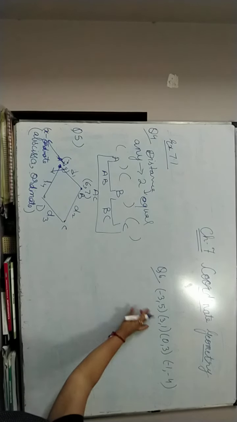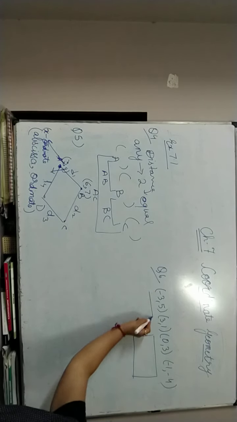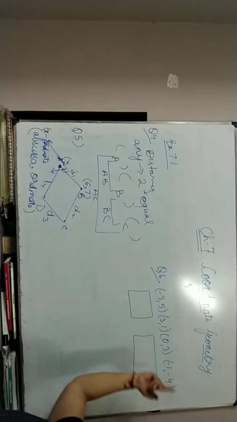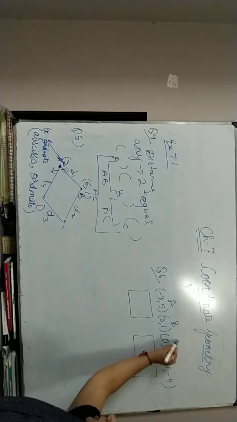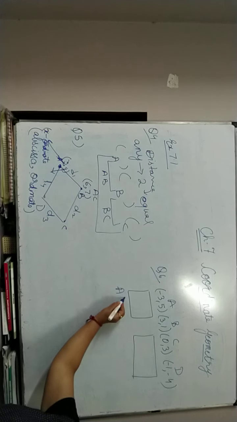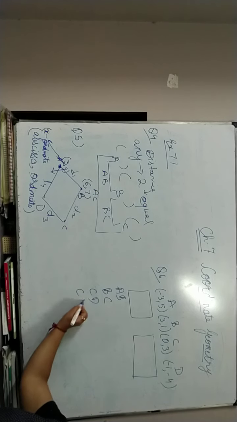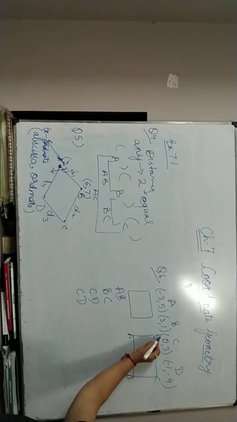It may be a rectangle, a square, a parallelogram, or a rhombus. But how to calculate this? Firstly you will name these points. Then you will calculate the distances AB, BC, CD, DA and 2 more, that is